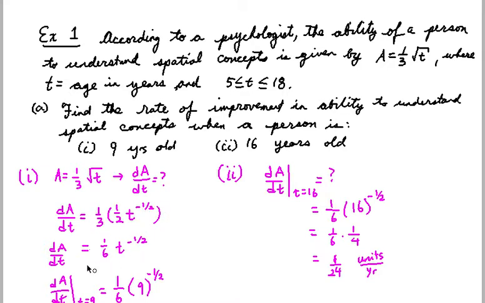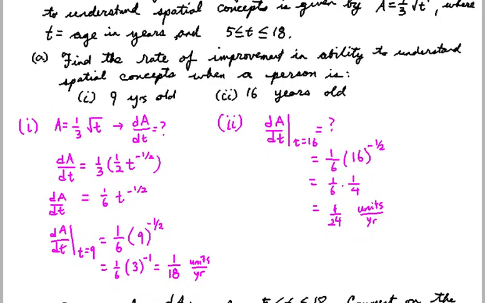I simplify that and I get this function, 1/6 t to the minus 1/2. And then I just plug in t equals 9. I evaluate that when t is 9, and if I do that, I get the rate of change when they are 9 years old to be